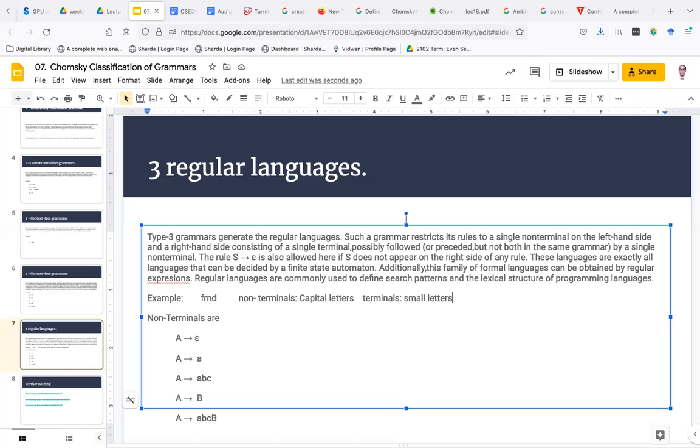Okay. Now non-terminals are those which take part in the generation of the sentence, but they are not the component of the sentence. Just say, for example, you know that you need to have a noun or a verb or some punctuation mark to make a sentence in English. Yes or no? You need to have these things. Now